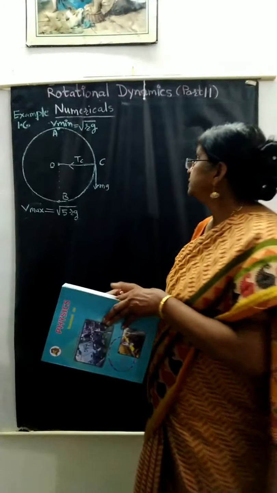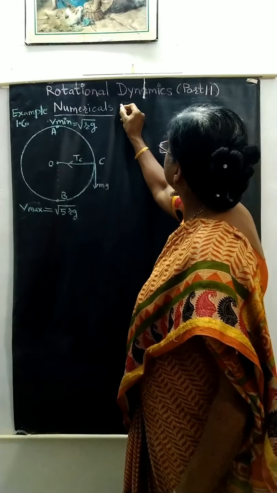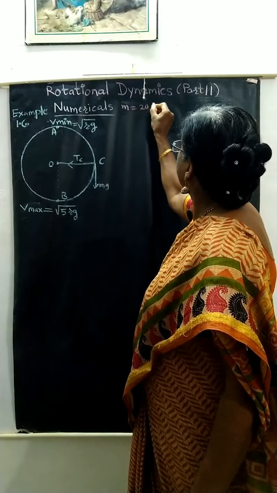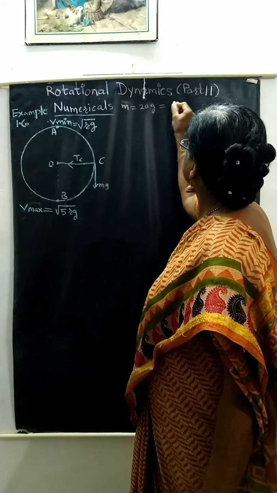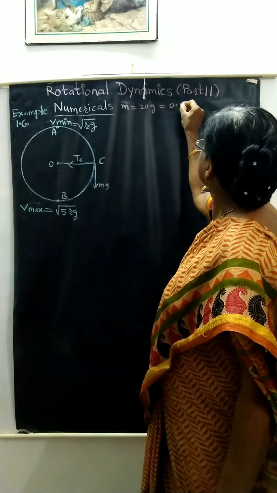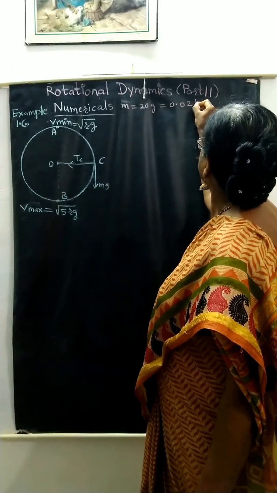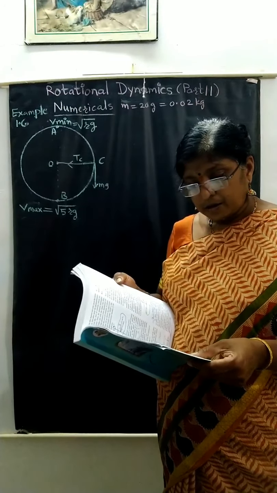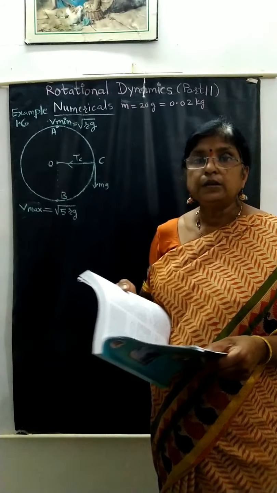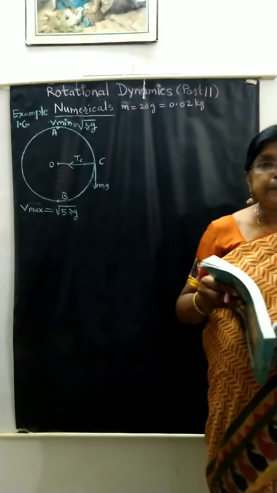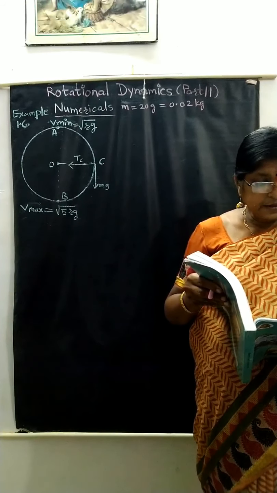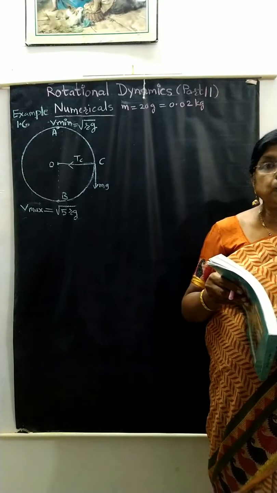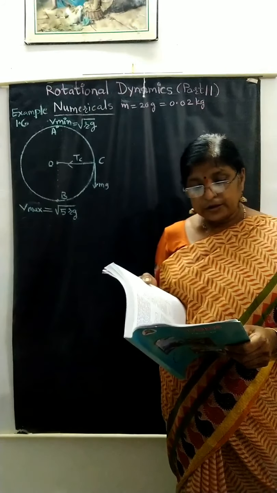The mass of the stone is given as 20 gram, and 20 gram is equal to 0.02 kilogram. The speed of the stone is 8 meter per second when the centripetal force is exactly equal to force due to tension. So here